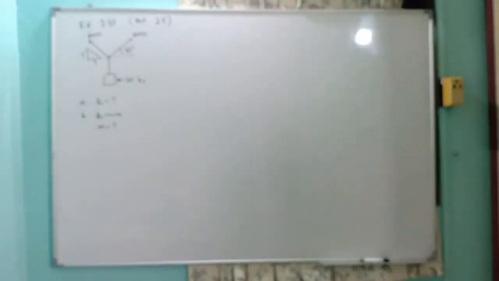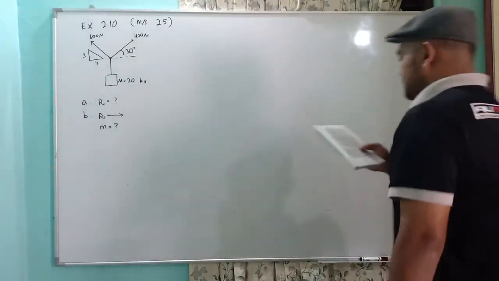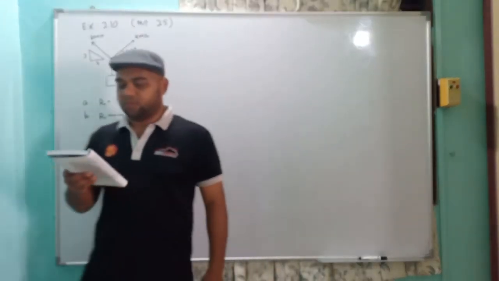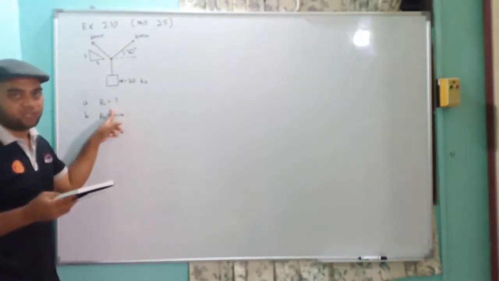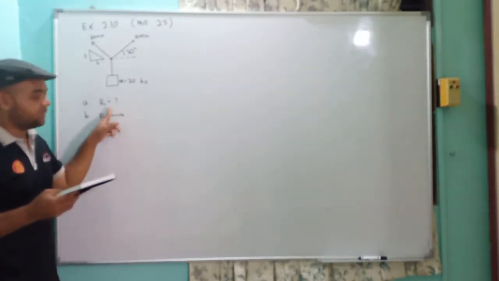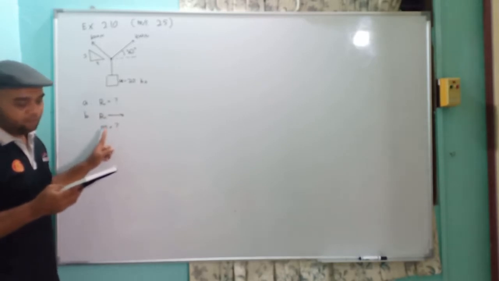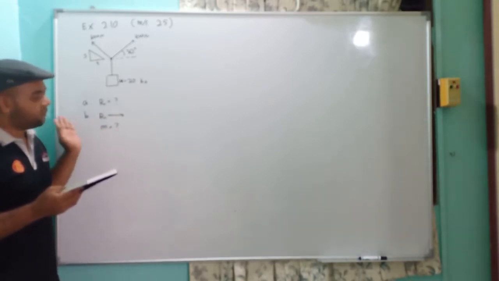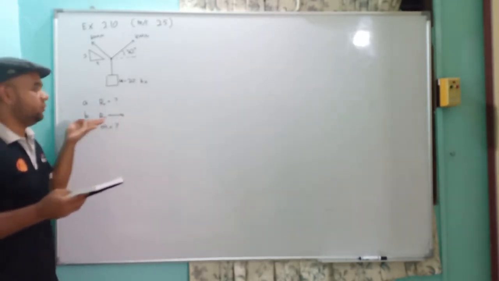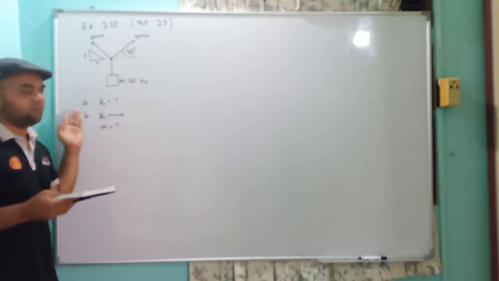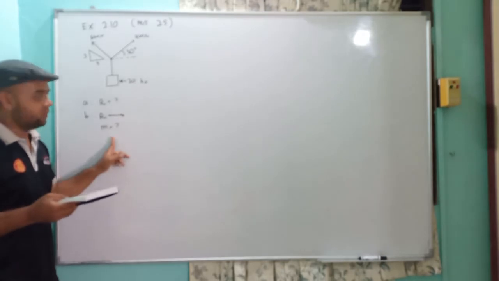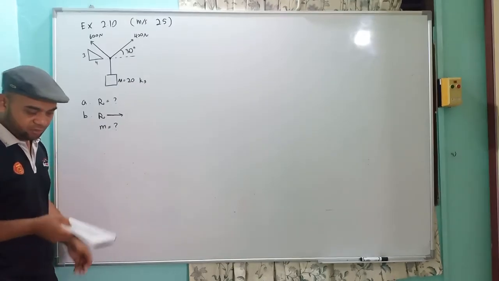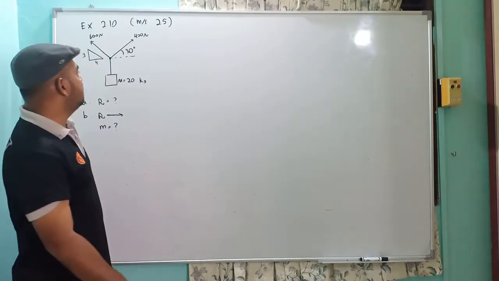Yeah, this is the question. Okay, so the question is: determine the resultant force for the system shown. So we have the system. First, they want us to determine what is the resultant force. And then the second one, if the resultant force is horizontal, we don't know the direction, to the right or to the left, but it is horizontal, what is the value of mass M so that the resultant force is horizontal? Okay, so we'll do one by one.